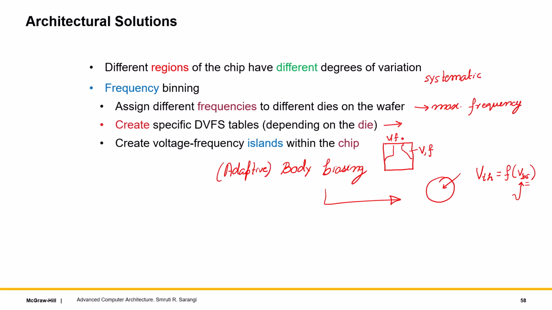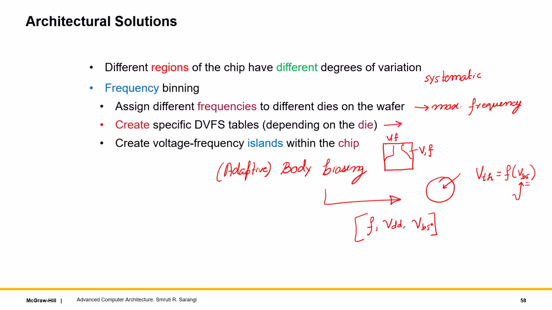And also I can have different supply voltages for every place. If not, perhaps the same frequency, but different voltages to compensate for the variation. So these are knobs that are available to me. So what are the knobs? I can set the frequency of each region, the supply voltage of each region, the body to source voltage of each region. This can help me compensate to a large extent for whatever damage process variation, and later on at runtime